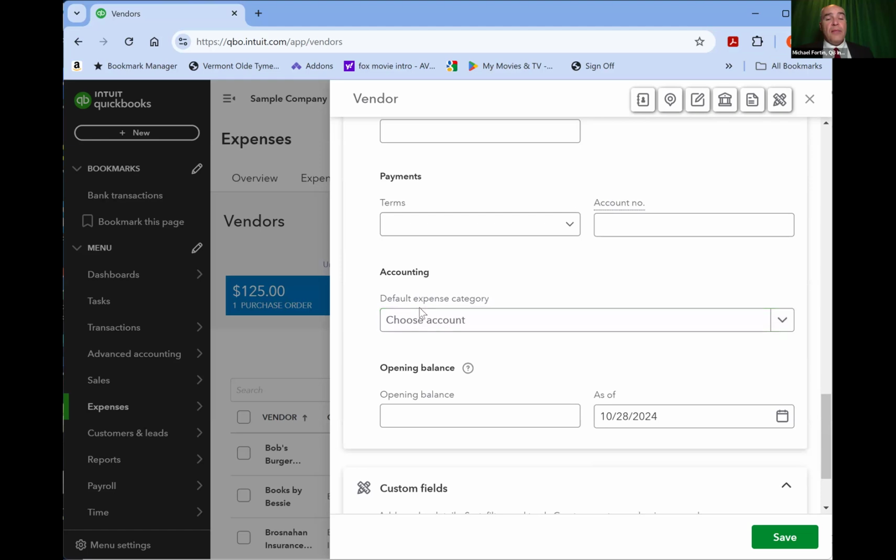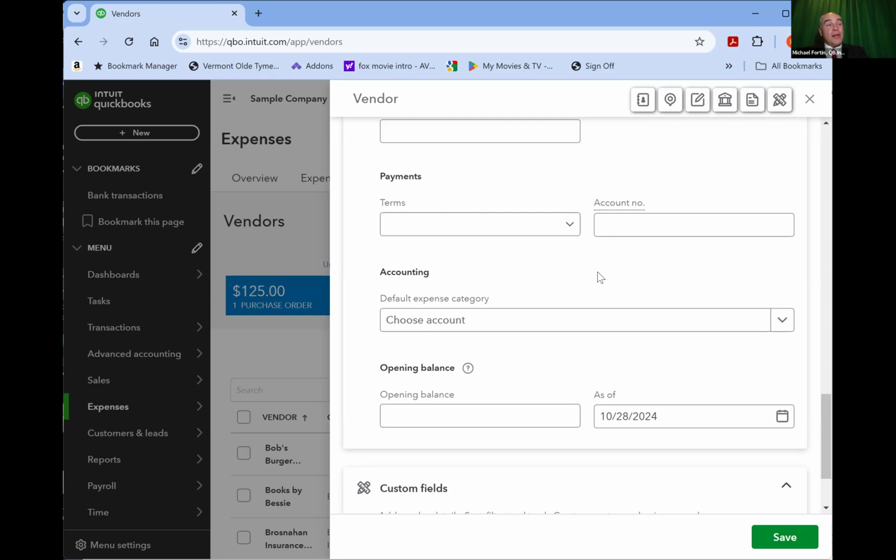And then the default expense category. The default expense category is helpful for, like, if I was setting up an account for, again, I'll use your electricity provider, let's say Central Maine Power, for example.